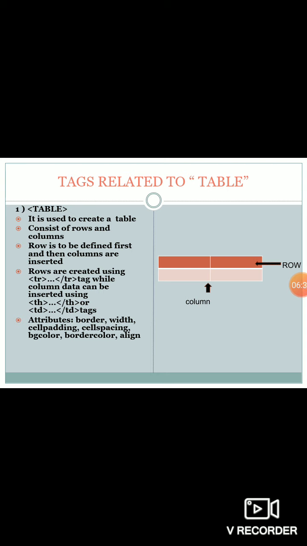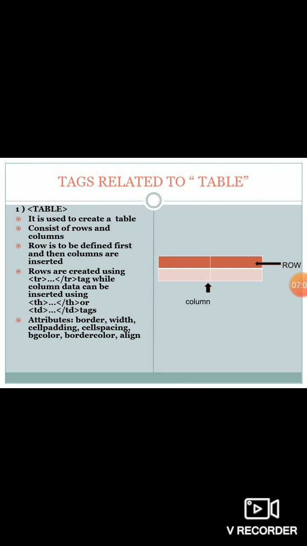Then one special attribute we can use with the table tag is nothing but the align. That align indicates where you want to show your HTML table on the particular web page. So either I can align my table at the left hand side of the page, center, or I can say right hand side of my page. While writing the spelling for the center, spelling is CENTER.